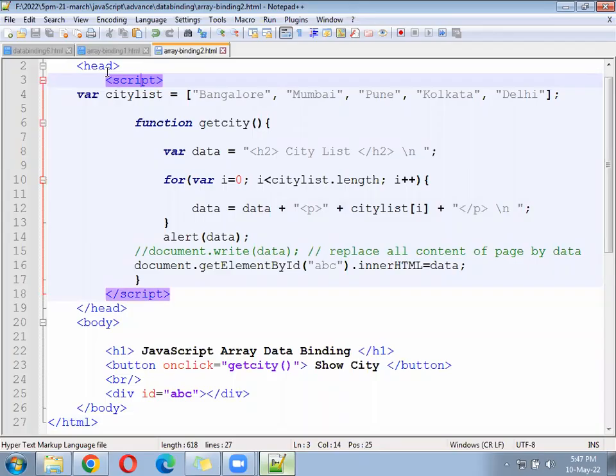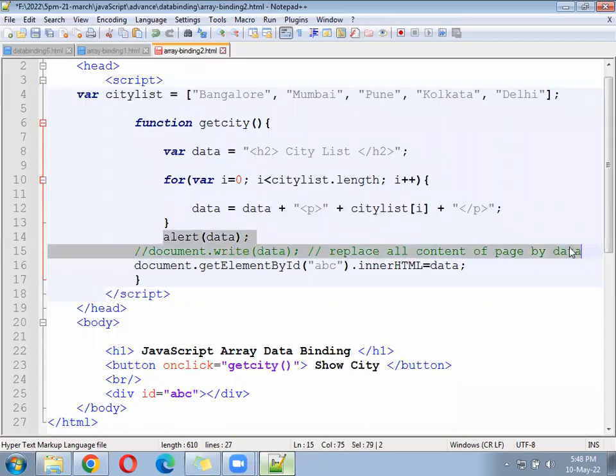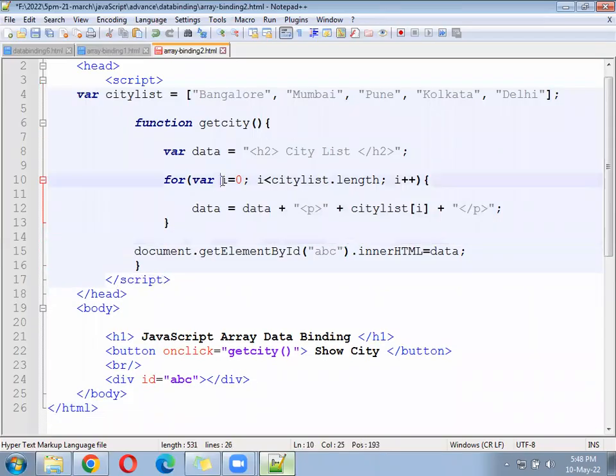After that, array slash any remove, not required. This also remove, not required. Now this alert is also not needed, remove all. Let's make it cleaner. And at this place,